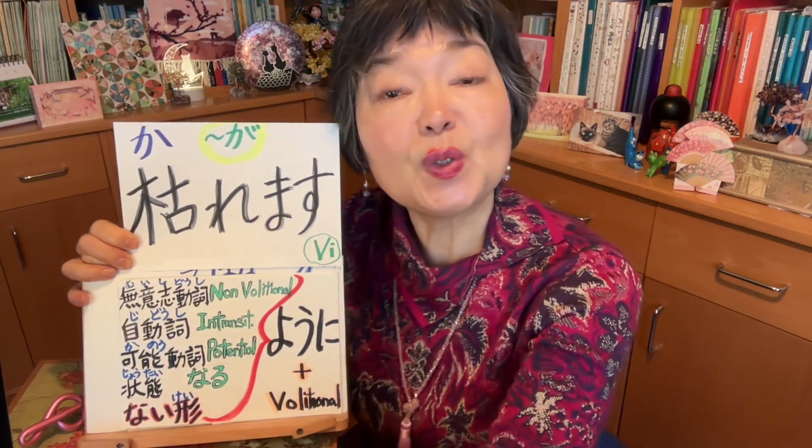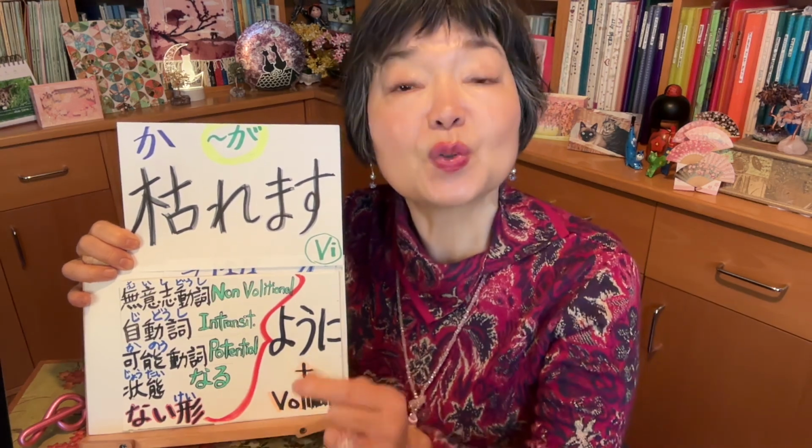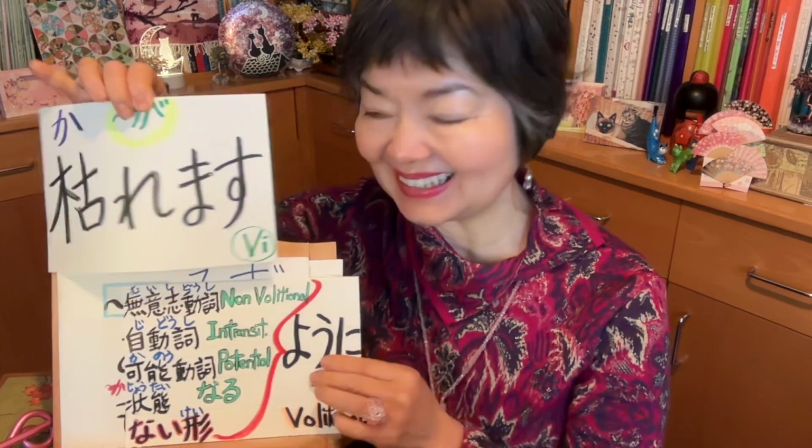But here, in this case, this is intransitive verb. When we use ない form, then the translation can be so that it wouldn't do, or to avoid something. 花が枯れないように水をあげました。